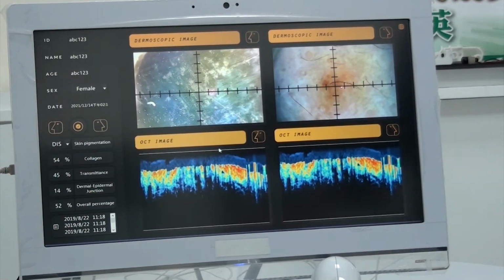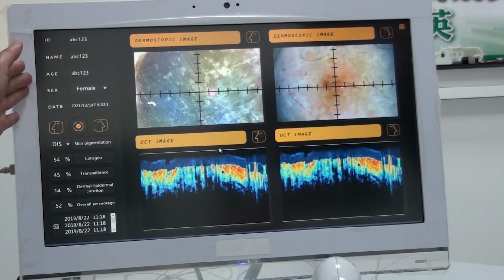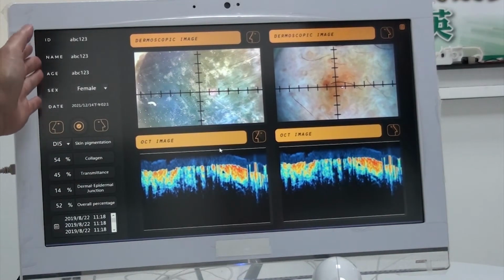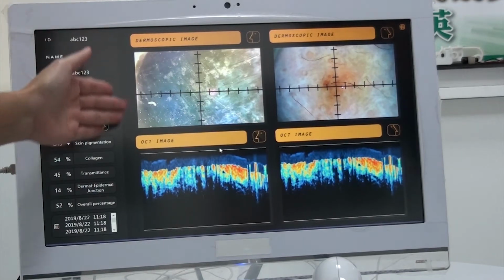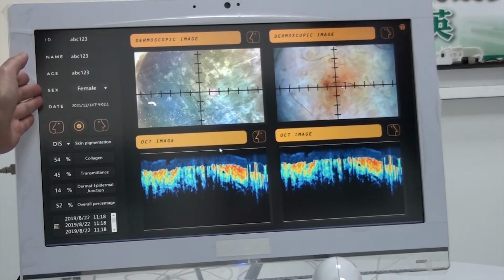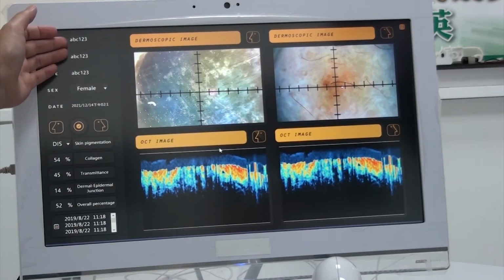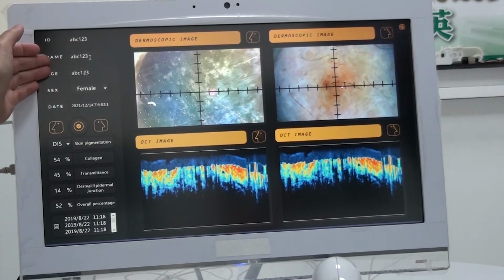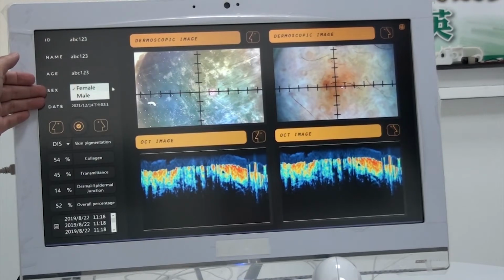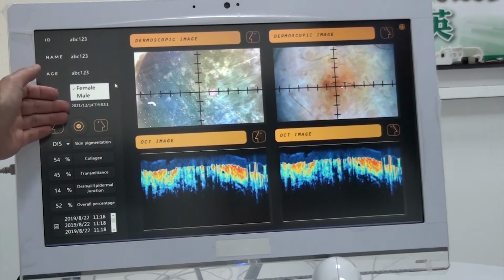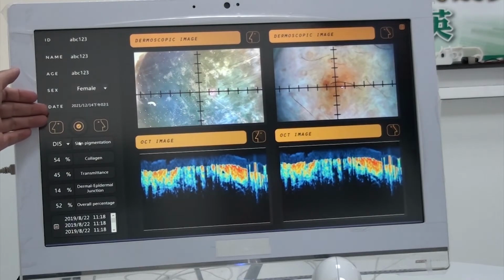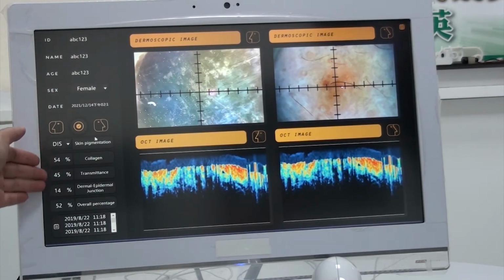Next, I will introduce our software. On the left-hand side of the screen, you can key in your volunteer's or patient's background information. You can set their ID as any information, then set up their name, and key in their age. You can also select their sex, female or male. The date will automatically show. And this arrow